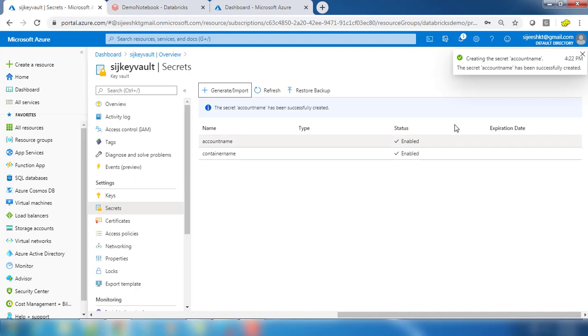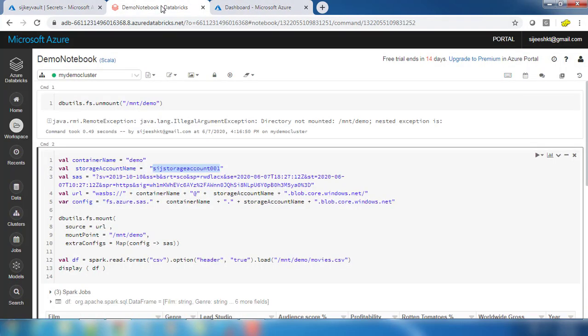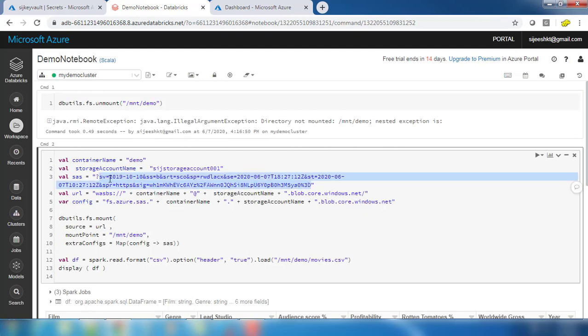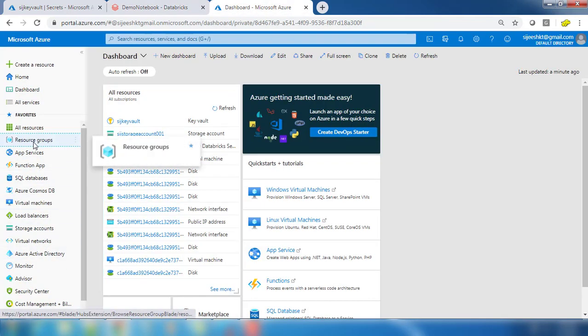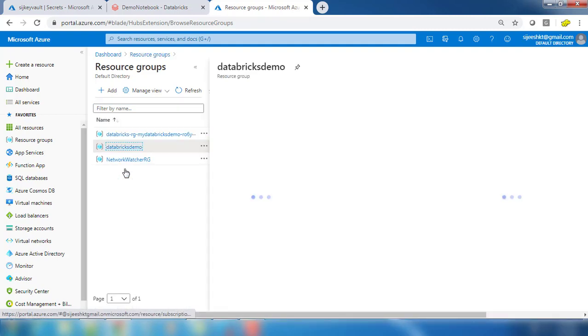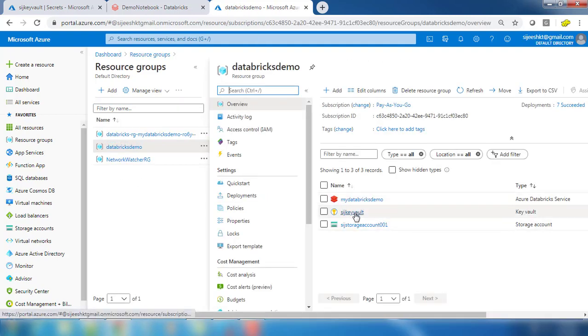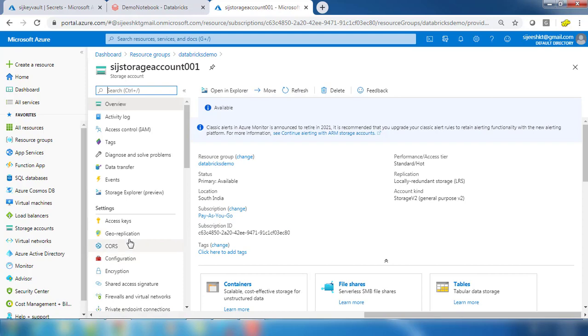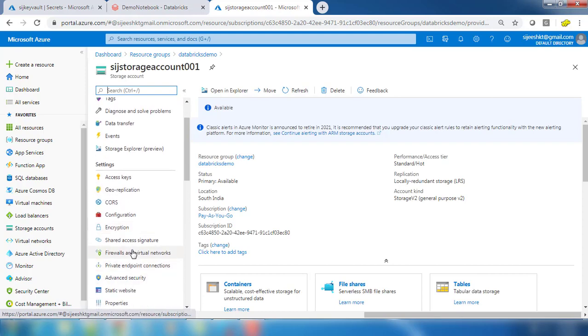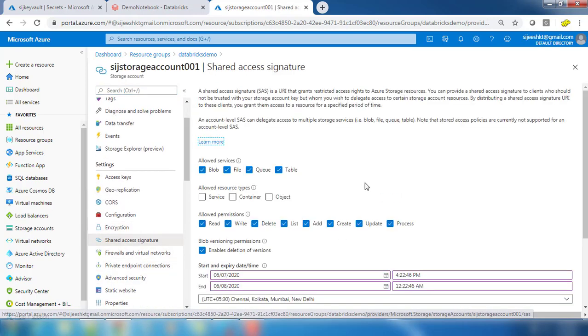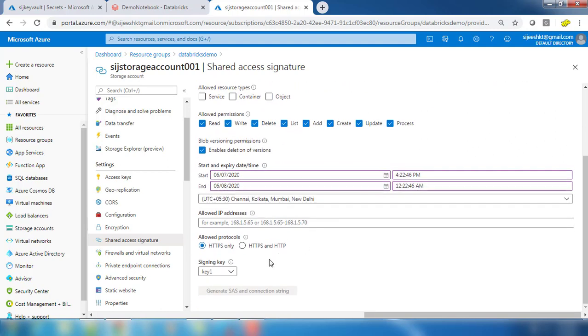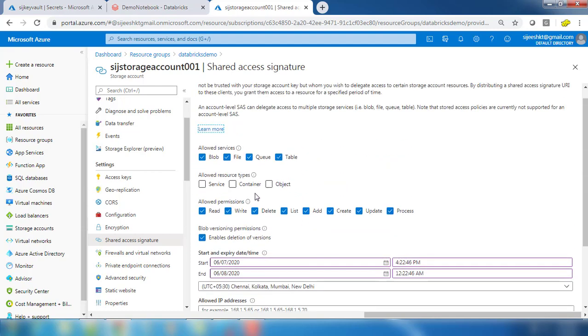And we need a key also, which we need to store. This is the SAS key. Basically you can go to this Databricks demo, under the storage account and access key, but this is the shared access signature. If you have created any signature you can see it, or else you can generate one based on the privileges you need.